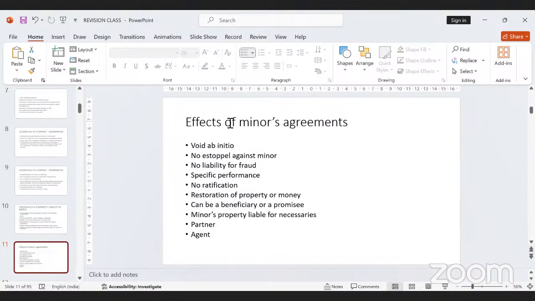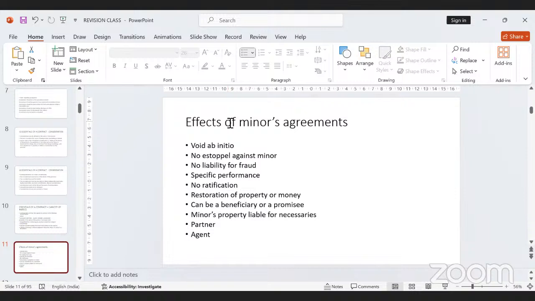Right? Then ratification of agreements entered by a minor at a later date after reaching the age of majority. That is also not possible. That means, take for example, I am 17 years, 11 months today. So I enter into a contract with somebody, and after 1 month, I complete 18 years of age, I get my majority. So today I enter into a contract, but law says that the contract that I entered into today is a null contract, is a void contract.